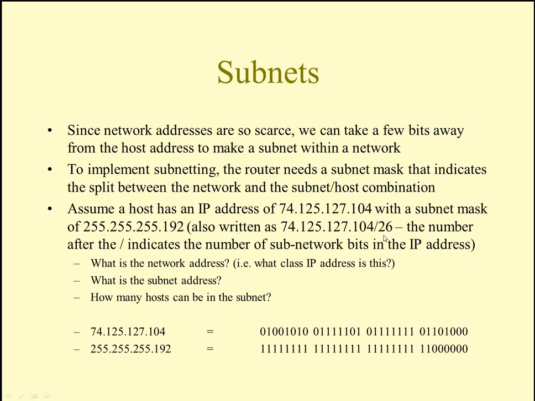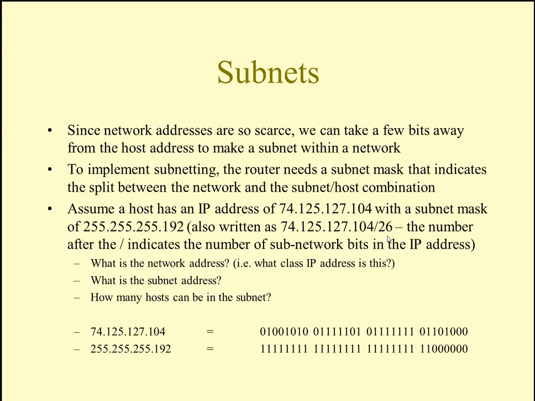This is just the preferred method for writing out an IP address with the subnet mask, because otherwise you would write out the IP address like this, and then you would write the subnet mask out like this: 255.255.255.192. And then you'd have to figure out that 192 is 11 followed by 6 zeros. Instead, if you write the IP address out with the subnet mask like this with the /26, it's a lot clearer that the first 26 bits of this IP address are going to represent the network and